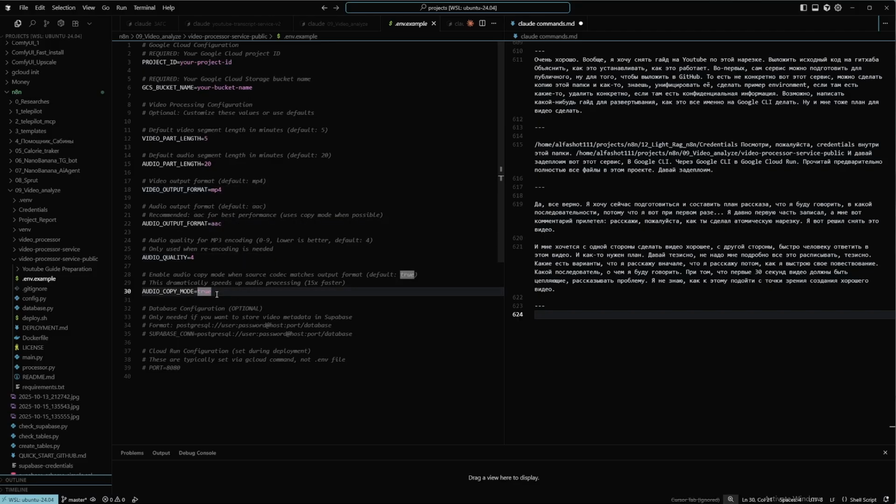By default, the audio is taken in the same format as the source to speed up the process. So if we set MP3 here and the video has some other embedded format, then conversion and decoding of the audio will occur. The audio cutting will take much longer. If we set it to true, the audio itself is cut instantly because we simply extract it from the video in the same format as the original. So we will need to configure,